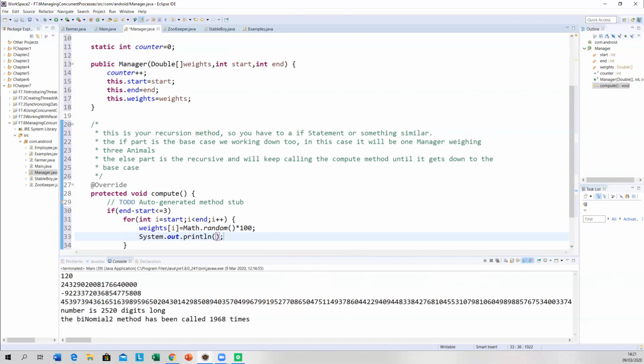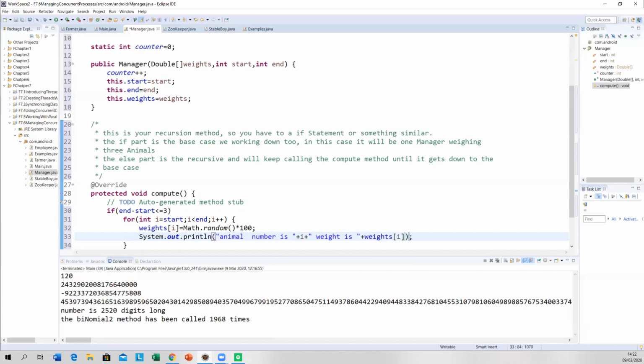And then I'm going to say what the animal weight is. So it is going to be, sorry, "animal number" plus i, and "weight is" weights[i].